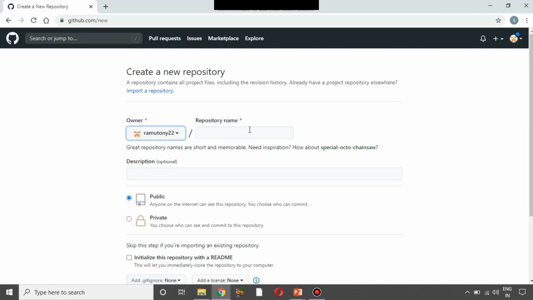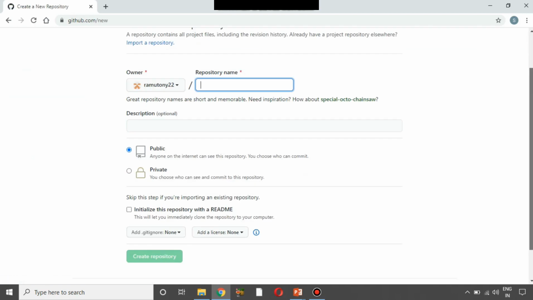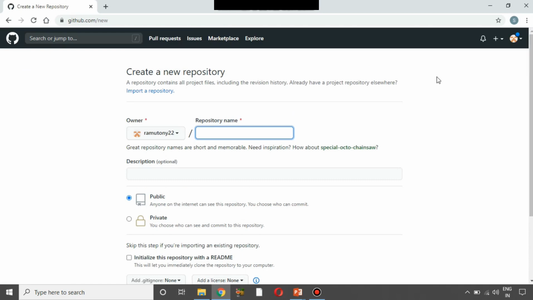Okay, and it is going to ask you to provide a repository name, and basically a repository name has to reflect your project name. So for example, currently we are working on a project called Sweetbox, so here we would keep something similar to that name. So I am going to give Sweetbox here.